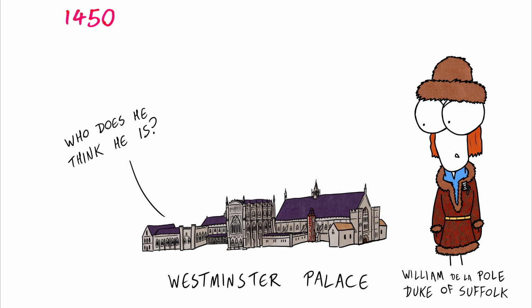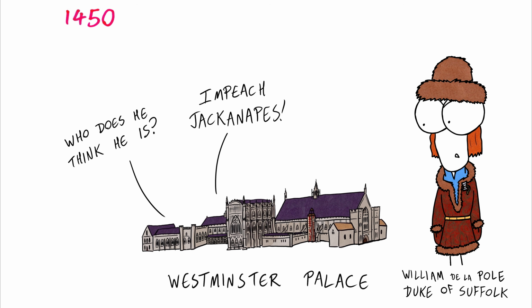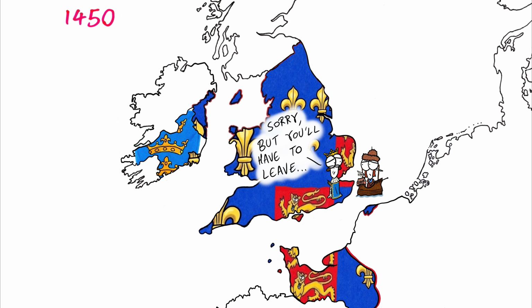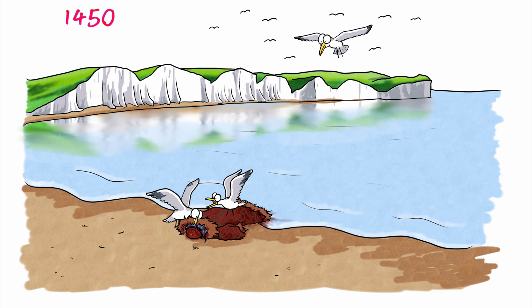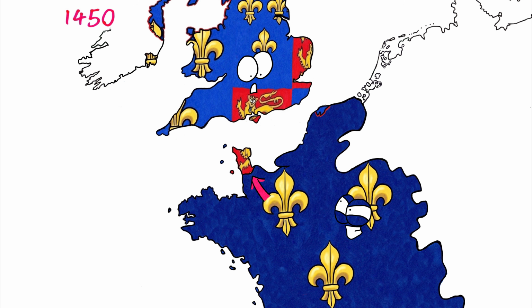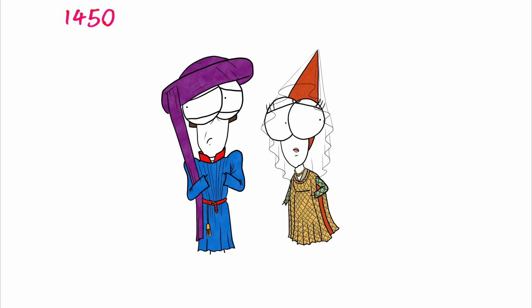William Delapole bore the brunt of a lot of growing frustration towards the corrupt, failing monarchy. He was nicknamed Jackanapes, seen as an upstart whose great-grandfather was a mere wool merchant from Hull. Henry was forced to exile him, but his ship was intercepted and Delapole was murdered. Normandy was lost to French forces, and English soldiers returning home were not happy. Rebellions rumbled England, and the monarchy became very unpopular.